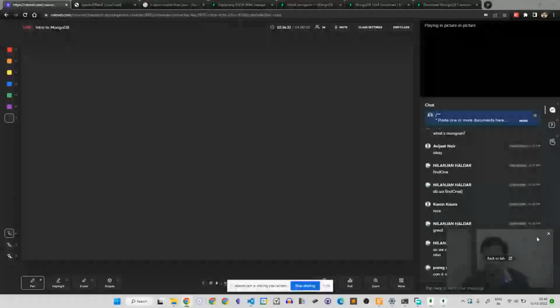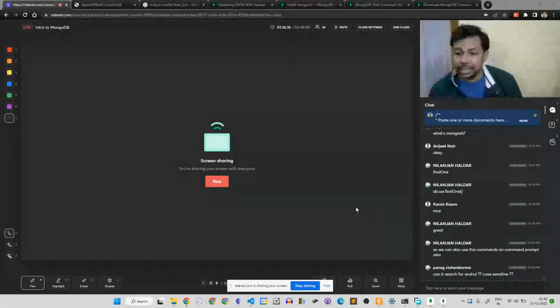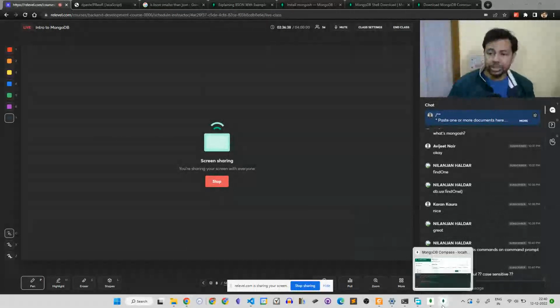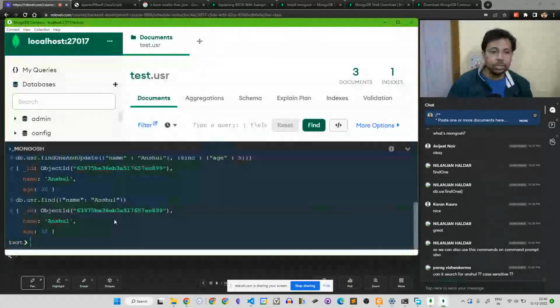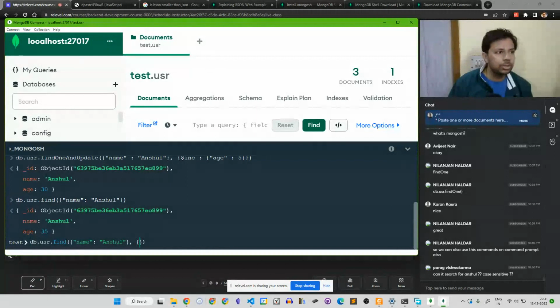Can it search for Anshul case sensitive? Yes, it can search for Anshul, and there is a way you can do it. So what you can do is you can do find Anshul, and then you can define options. In the options, you can define a particular option which is called as, I'm forgetting the name of the option.